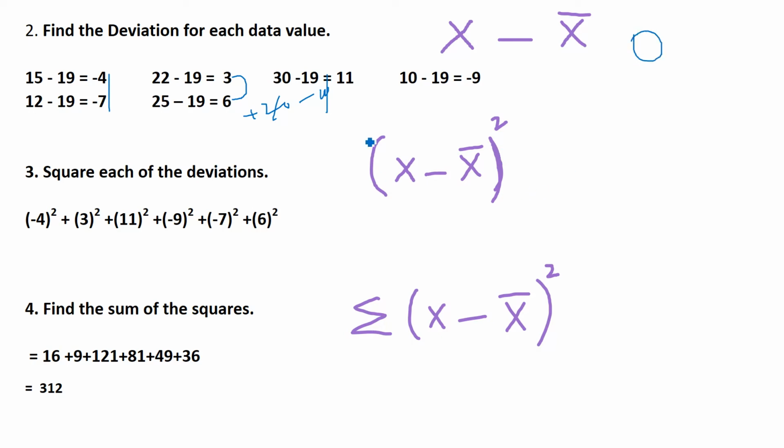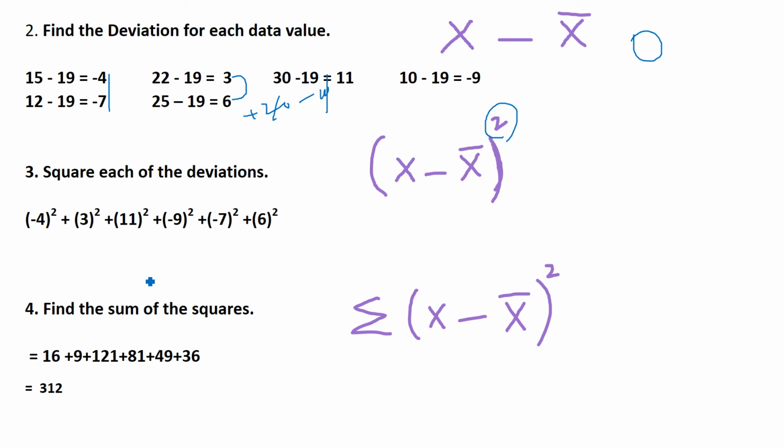That is why we make the square. We make the square. 4 square, this is square, because this is negative 4. If we make the square of it, negative negative will be positive. This negative will be positive. That is why we make the square of this step, right? This one here we have made the square. That is why we take the square root at the end of the variance.